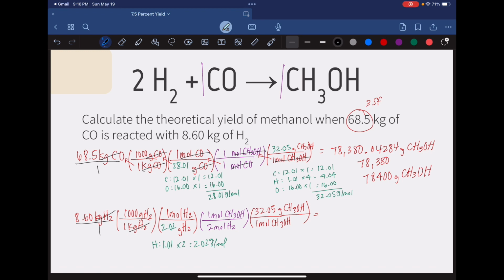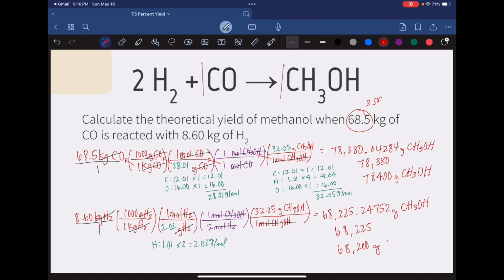Kilograms of hydrogen, grams of hydrogen, moles of methanol, leaving us with grams of methanol. Put that all into the calculator, you'll probably get something like 68,225.24752 grams of methanol. If you wanted to just round to a whole number, 68,225. For doing sig figs,